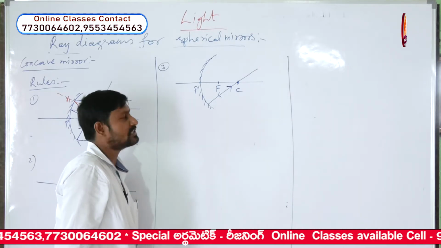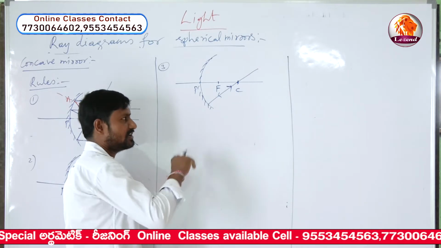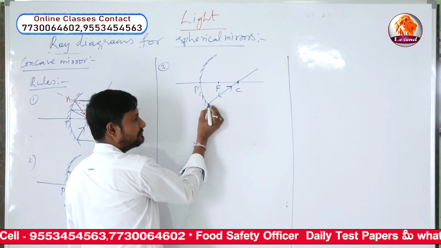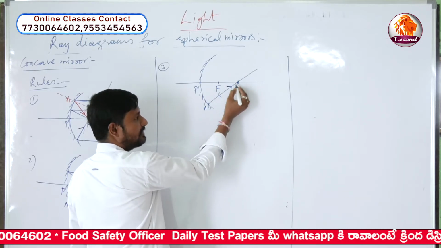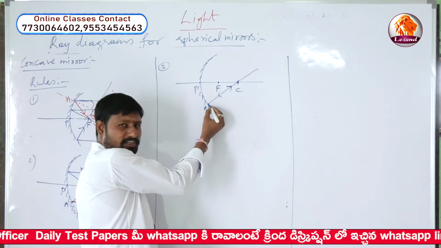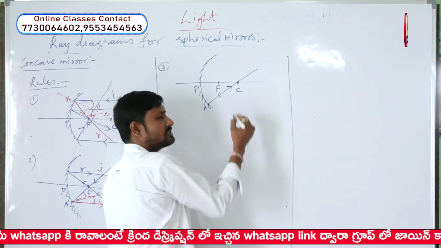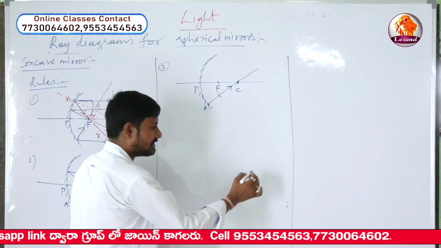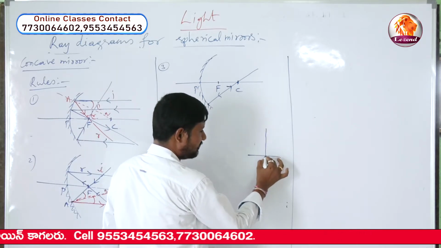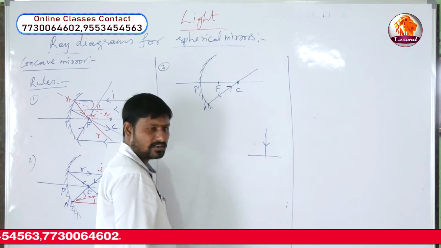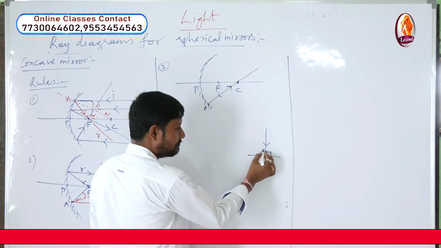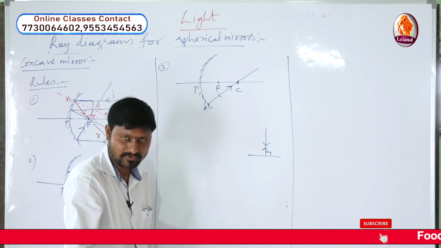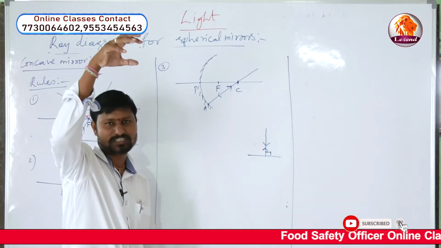So why will it bounce like that? Look here, you know already. This is the incident ray, this is the point of incidence A, and this is the center of curvature. Any line joining the point of incidence to the center of curvature will behave like a normal already. Just like for the plane mirror, if a light ray is incident on the plane mirror normally, perpendicularly, it simply bounces like a rubber ball. Generally we used to play, when you throw the rubber ball against the floor, normally it simply bounces back.